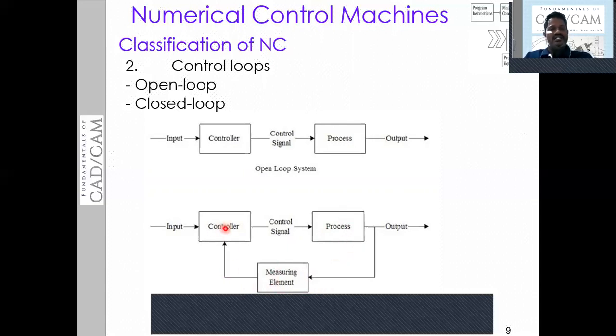Again, this controller sends the signal with zero error. Then the work will be performed without any error. That means you can conclude that this closed loop system is going to control the error by the processing machine receiving the feedback signal from the controller. In this case, here you have the machine tool unit, and the controller is the machine control unit, MCU.